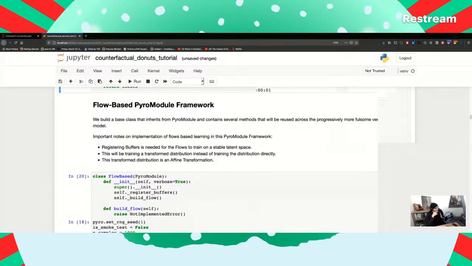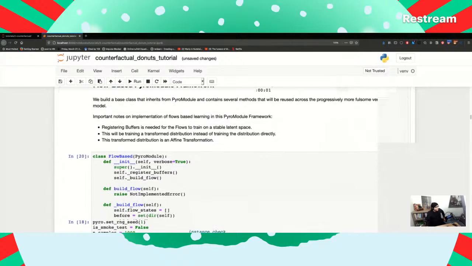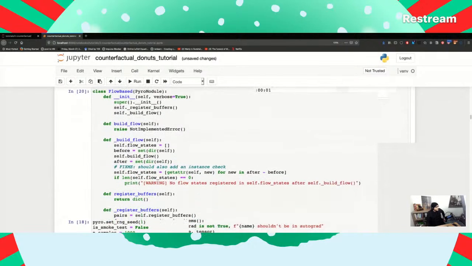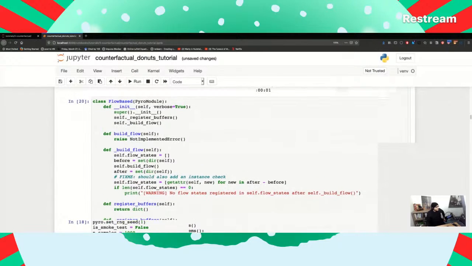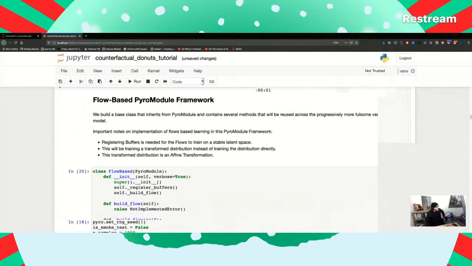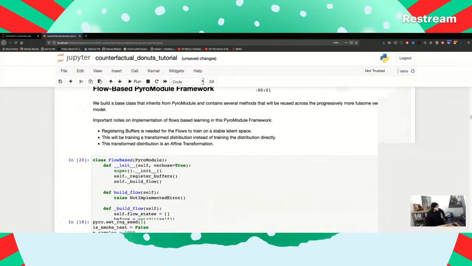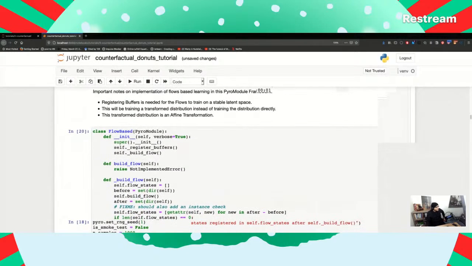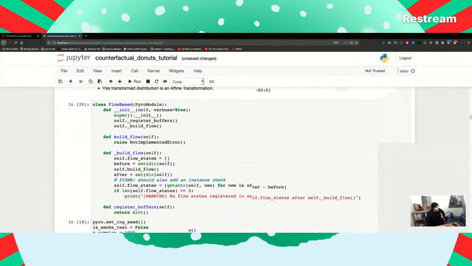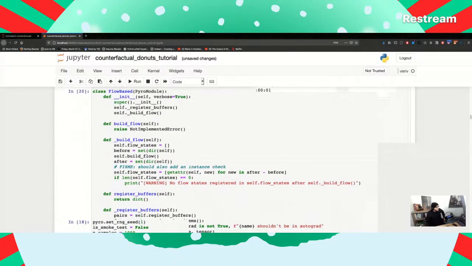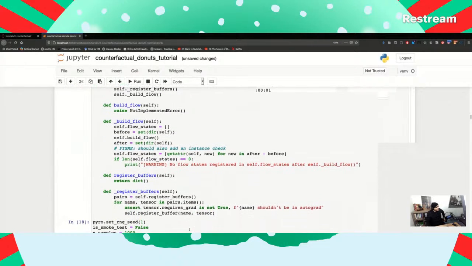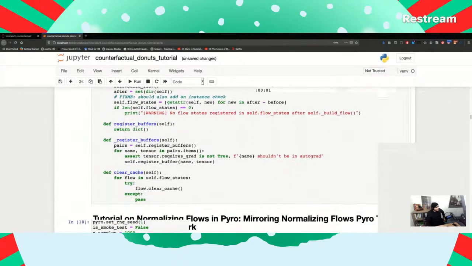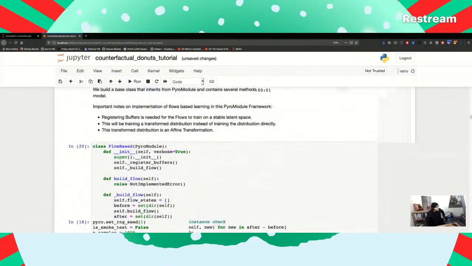This transform distribution is an affine transformation. All right. Okay, so registering some buffers. So using a whole bunch of Pyro internals to come up with some useful functions here. So let's just run that.